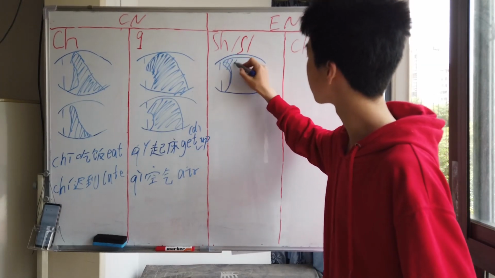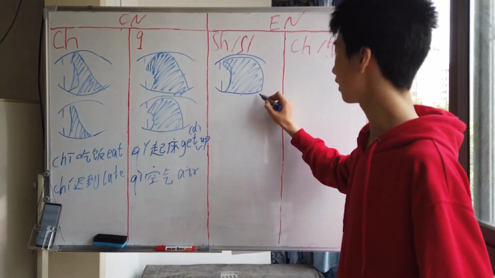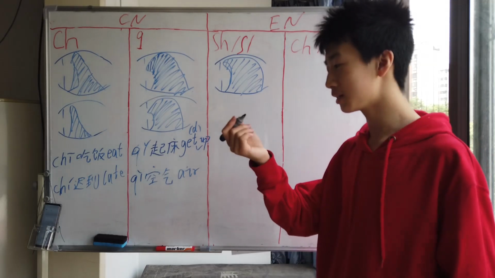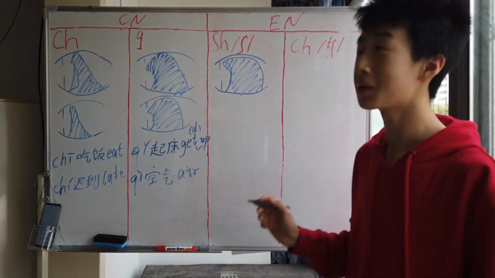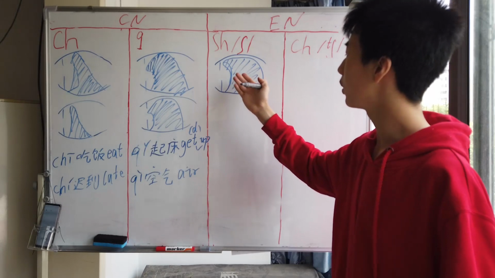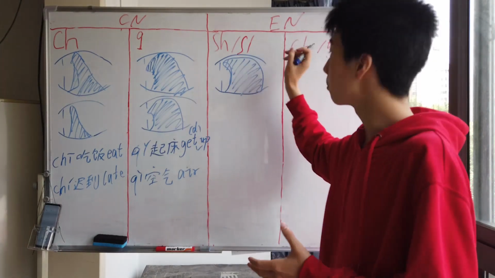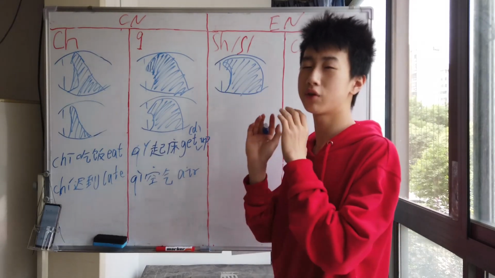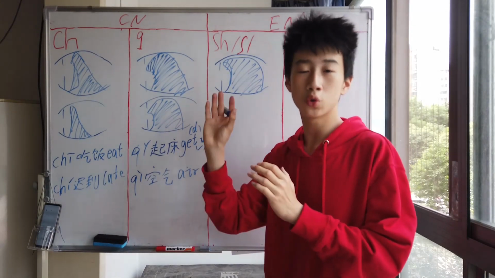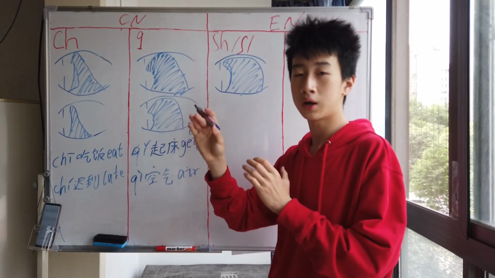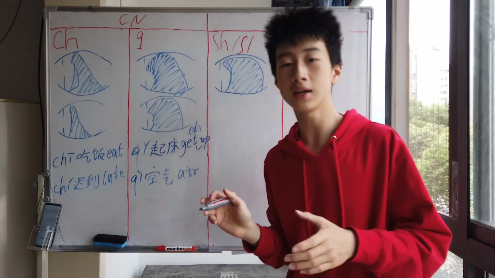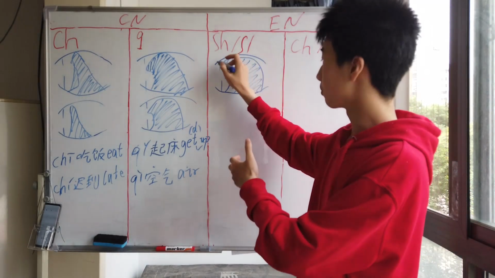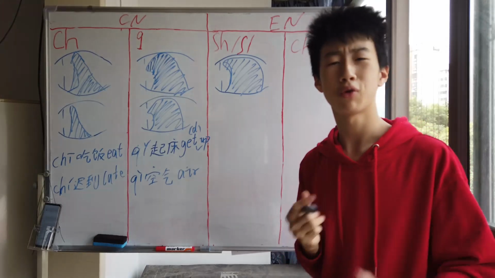Now, I'm just going to draw this as nicely as I can, but I'm just learning art these days, and to be honest, this pen isn't the best material to work with. But anyway, here we have our tongue, the tip of our tongue to the middle of our tongue. This part there, it's going to get in very close proximity to the upper palate, and then you see there is going to be air rushing from this direction to that direction, forming a fricative